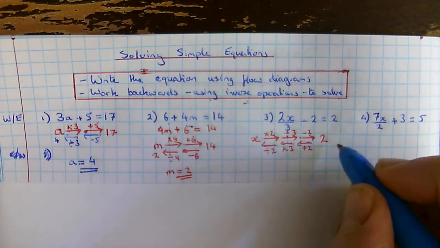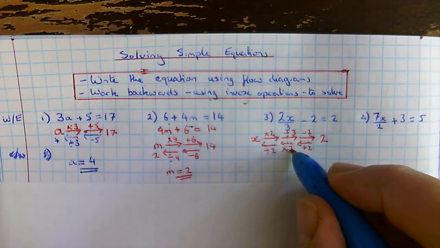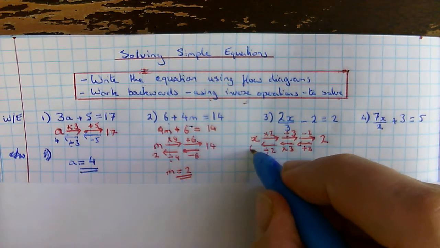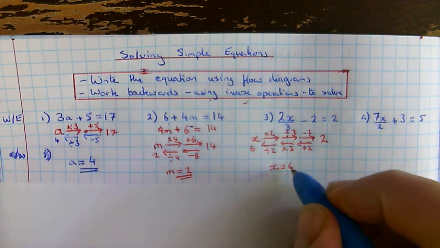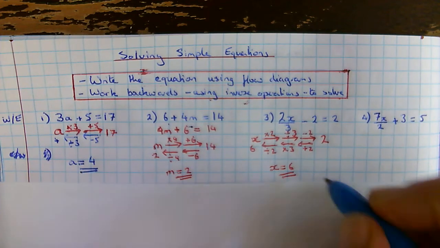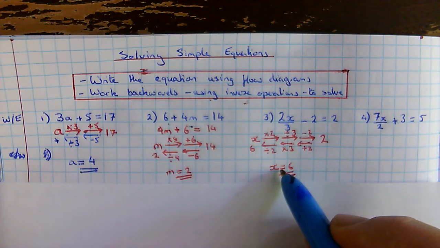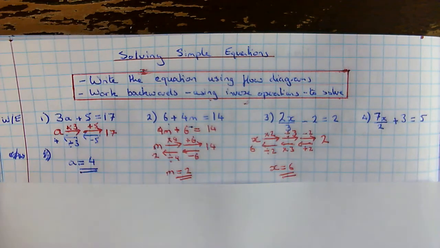So let's work out what that would be. I've got 2 plus 2 is 4, times it by 3 is 12, divided by 2 is 6, and it tells me that x equals 6. I do find it easier to write this x in a slightly different way from how I would write the normal letter x. The reason why is because I don't want to confuse it for a multiplication sign. Okay, the last one